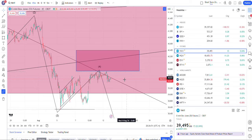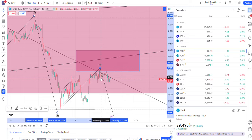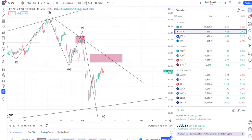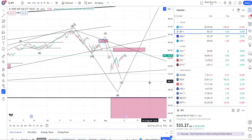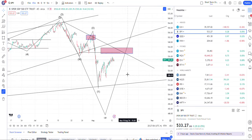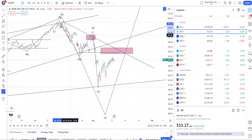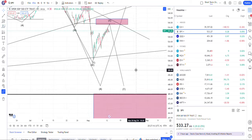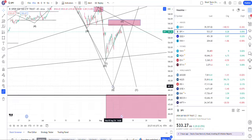The Dow Jones futures already hit the sell area, and then it hit it again, and it's really struggling. It does look like it's turning down in 5. The SPY is a tough count. We could call this Y finished. I think it's almost safe to do it, but we don't have enough strength yet in this bounce. But this is one possible path down to